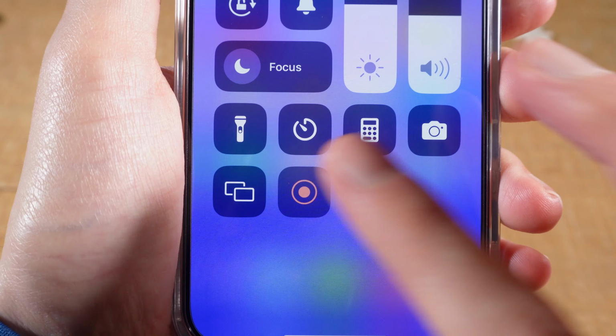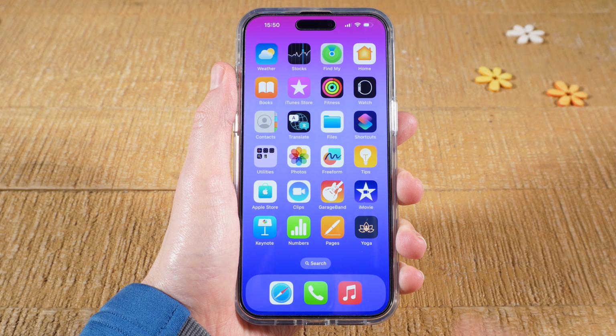How to record the screen on the iPhone 15 Pro Max. Let's jump on it. First of all, what you want to do, with one finger from the upper right corner